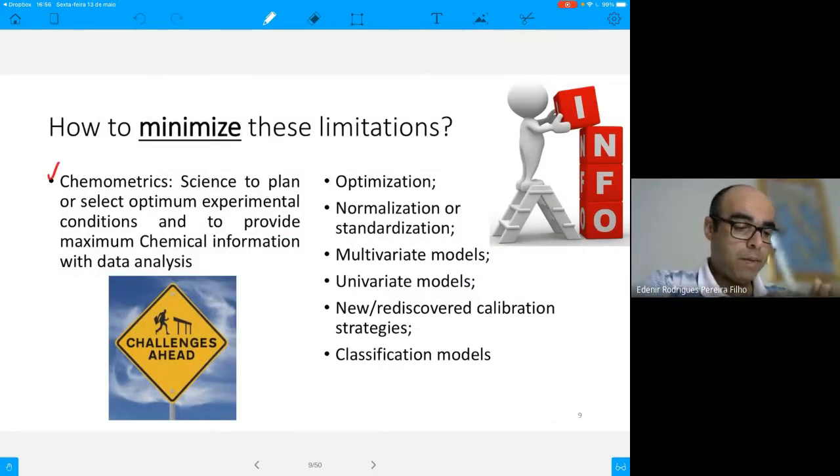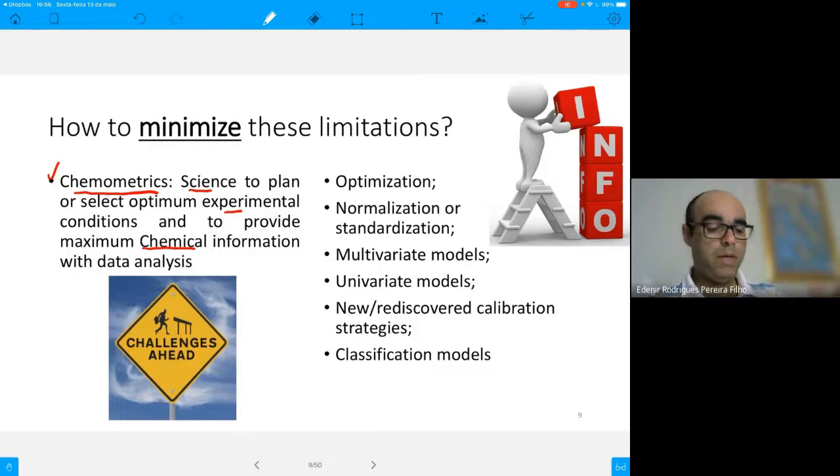We can use chemometrics. Chemometrics is a science to plan or select optimal experimental conditions and to provide maximum chemical information with data analysis. And using chemometrics, we can perform optimization, normalization, or standardization of the data, multivariate models, univariate models, new and rediscovered calibration strategies can be used with LIBS, and you can also perform classification models in order to